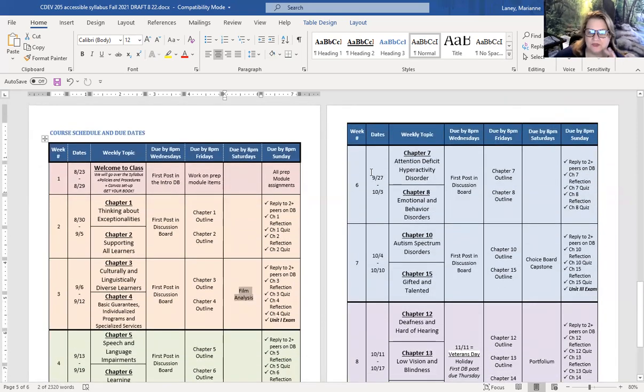Makes sense? Then we have here in unit 3, this is the one that people kind of come to the class for. I call this the meat of the class. So ADHD, emotional behavior disorders, ASD, autism spectrum disorders, and gifted kids. They put gifted kids way at the end of the book. And I'm like, because you're going to see a lot of kids with autism or even ADHD or even emotional issues who are gifted. So I put these guys together because they kind of coexist.